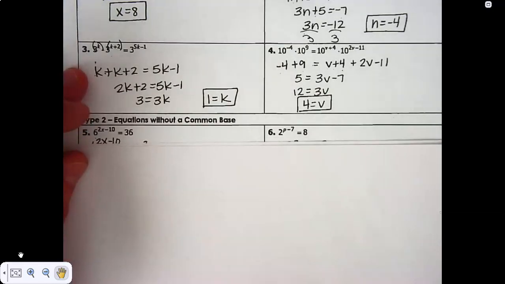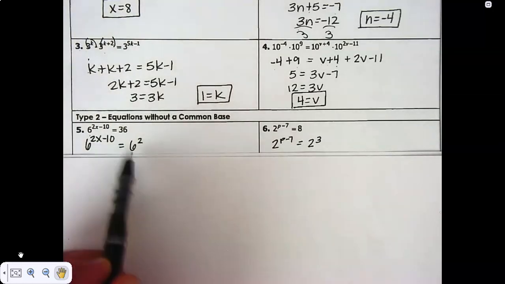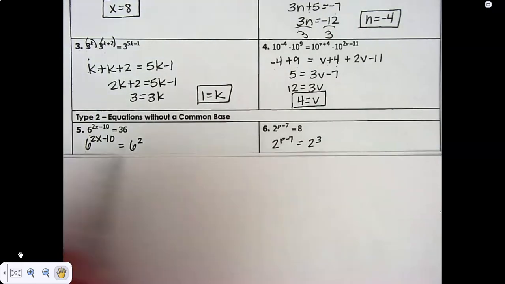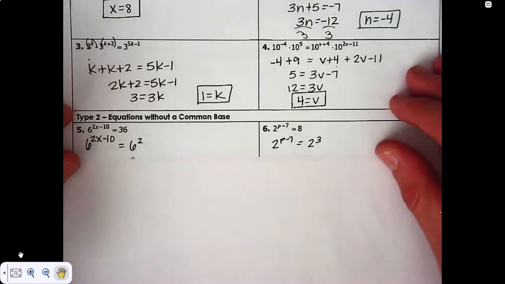And if you know your times tables, you know you sure can. You can rewrite it as 6 squared is the same thing as 36. Once I do that, now I have the left and the right side. I have common bases everywhere. And just like the examples above, once you have a common base, you can ignore the base and just work